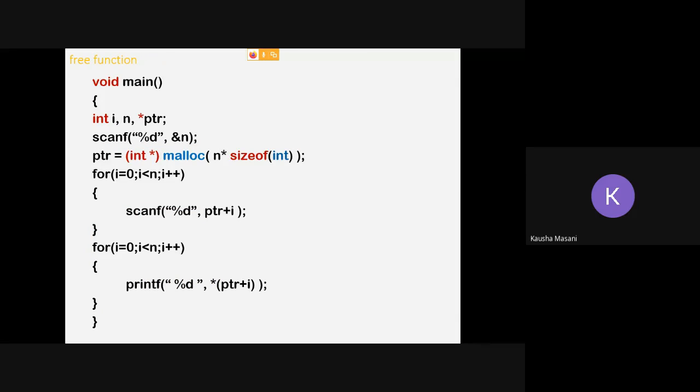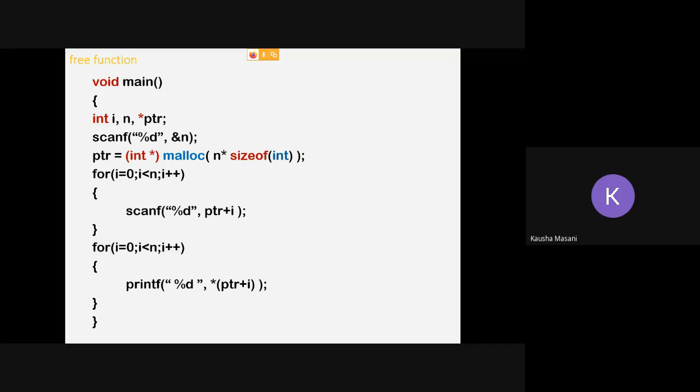Now coming to the part of freeing up the memory. By this point, you have an idea of malloc consuming some memory block, and calloc also consuming multiple memory blocks. We also need to free those memory blocks for our other processes, because we are not going to keep adding memory. We can go from 2 GB to 4 GB, 4 GB to 6 GB, maybe 8 GB, but after that we are not going to increase it. We are going to free up the memory.